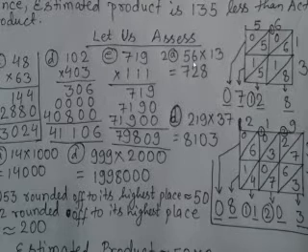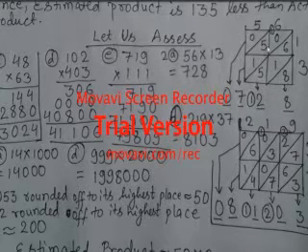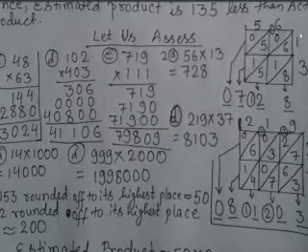So you can see here, this is a 2-digit into 2-digit number, so I made a 2 by 2 square box, which means there will be 4 squares. You can see 4 squares are there. Then I wrote the numbers from left to right and up to down. You can see 56 into 13, that means 56 × 13.